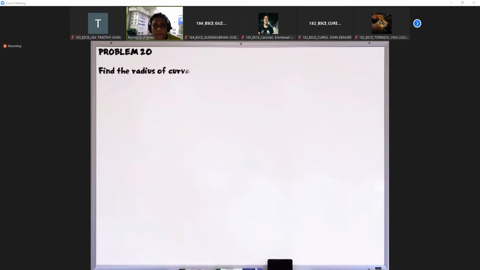Okay, so next. So this should be radius of curvature. Para sa radius of curvature, ito lang yung tatandaan nating equation, for rectangular curves. Ito lang yung i-discuss natin kasi ito lang naman yung madalas na lumabas sa board exam. Kung gusto nyo malaman sa polar curve at parametric curve, try nyo na lang hanapin sa internet. Doon lang tayo sa pinaka-basic, which is the rectangular curve.